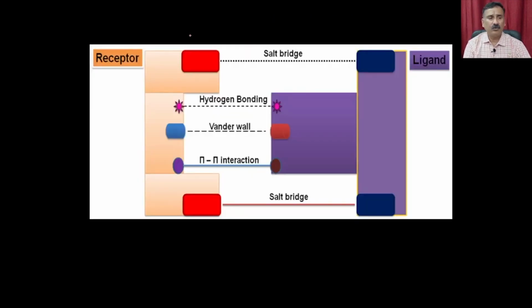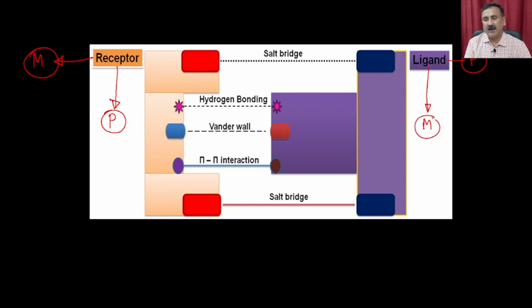Now, if you want to do affinity chromatography, you have the receptor, which interacts with the ligand. At this stage, the receptor has two options. Either the receptor can be tagged to the matrix, and then you put the ligand-bearing protein onto it, and that is how you can use this pair for protein purification. Or alternatively, the receptor can be tagged to the protein and the ligand can be put onto the matrix. In that case, you can also purify